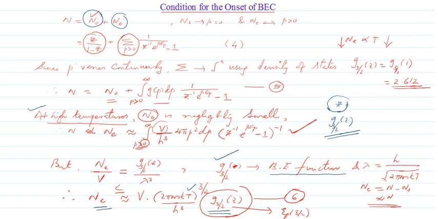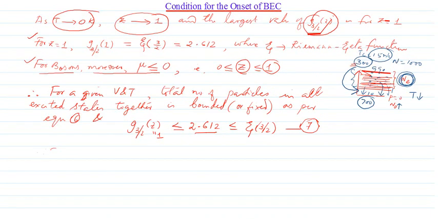equation number 6, which gives you the condition that Ne, the number of particles in all excited states together, is approximately equal to the volume V into the factor (2 pi m kT) raised to 3 by 2 by h cubed into G 3 by 2 of Z, where this G 3 by 2 of Z is nothing but the Bose-Einstein function having its own special properties. And we have seen further that